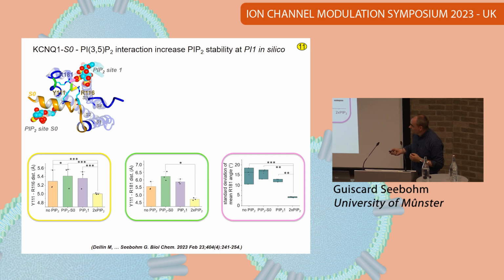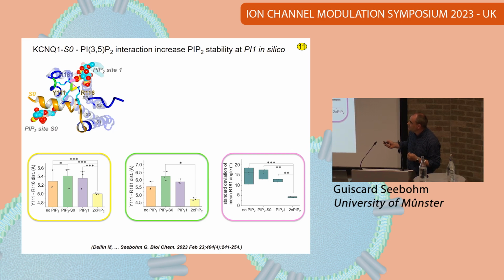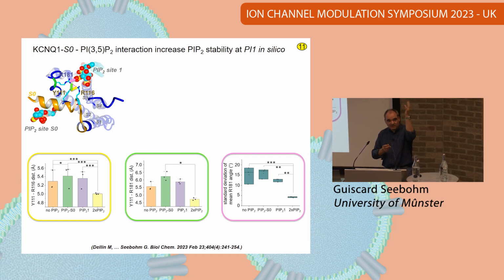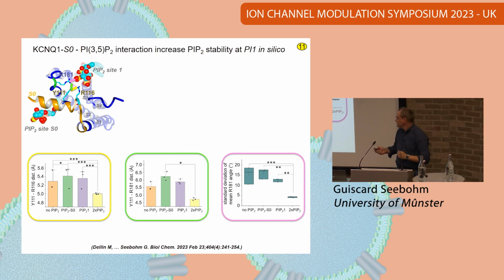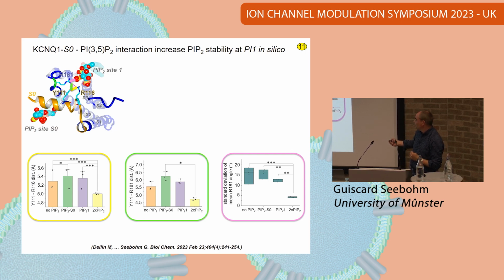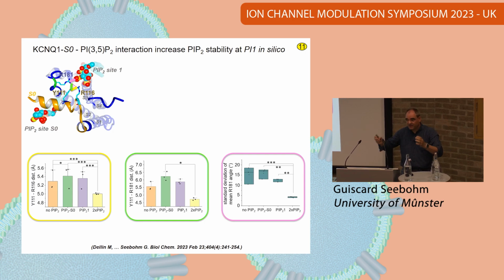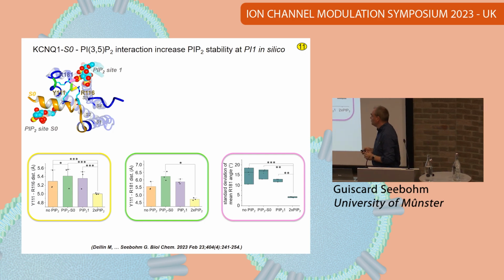So here you can see that the distance, so the positioning, is really changed between this residue here to there, which is green. So here in green, when two PIP2s are there, the distance is reduced. The other distance is also reduced. And then in the end, we get a standard deviation, meaning the dynamics, whatever changes there are, are very, very small for PIP2 bound at the same time. Both sides have to be occupied, and then you get very much boosted effects.